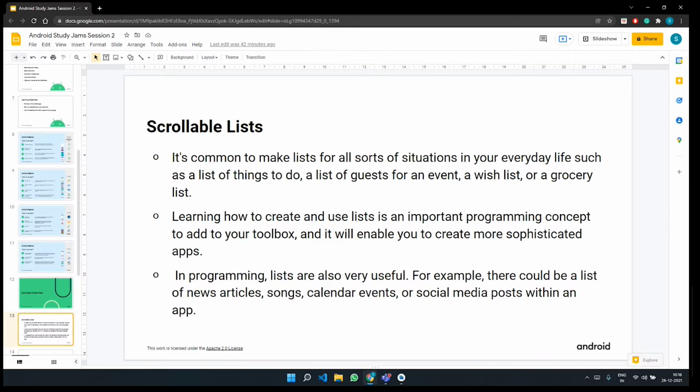or social media posts even. So with any social media application, when you open it and scroll down, the posts, or say on Twitter, the tweets, are displayed to you in the form of a list. So there are many applications out on the Play Store that you can also consider and see where lists are used in such applications.